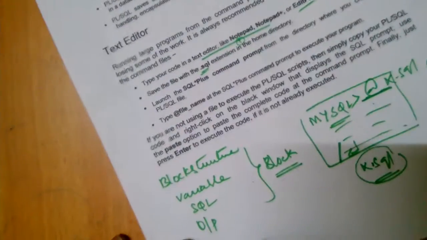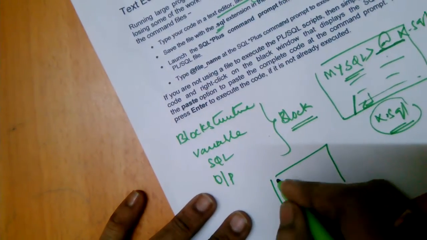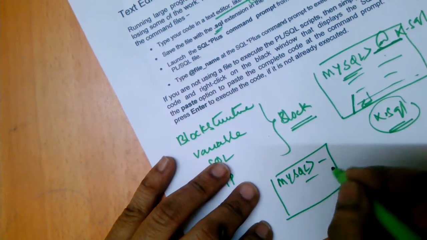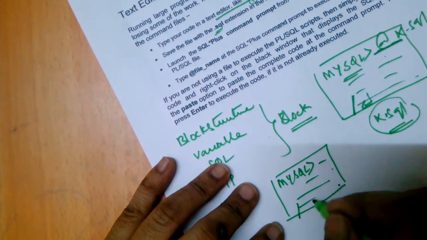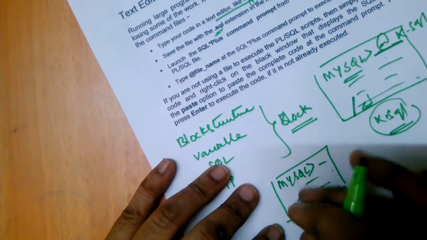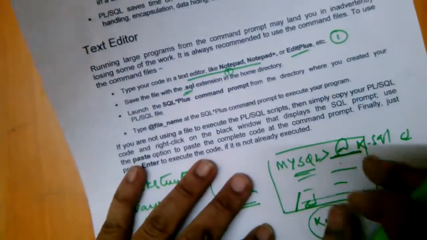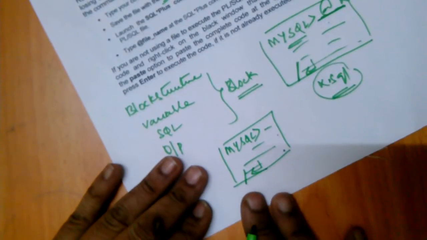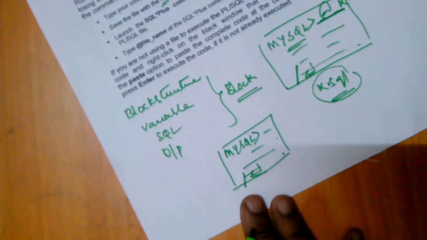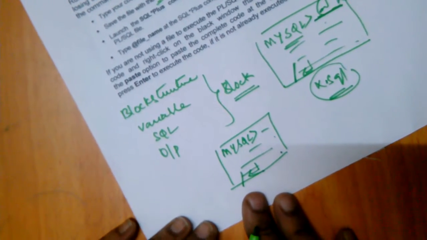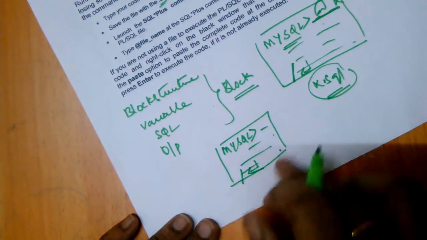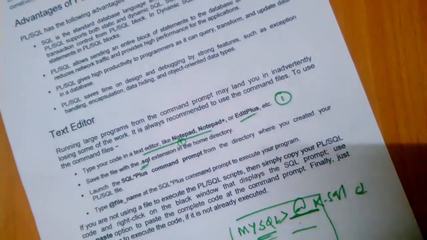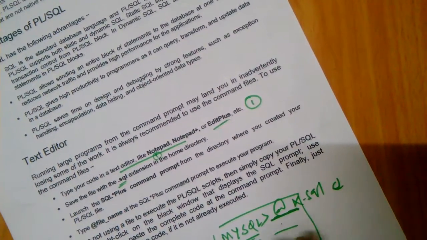This is one way. Another way, in the SQL environment, is that you write the set of statements you want in PL SQL right here, and then say slash and enter. Here also it will execute. If we write it like this, we can execute it any number of times. If it is only a block, we cannot execute it again. But if it is a procedure or a function, we give it a name, so we can execute it again and again by calling that procedure name or function name. So these are the two ways to execute the PL SQL block.